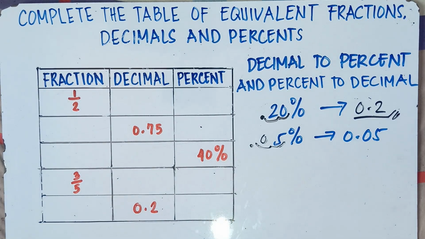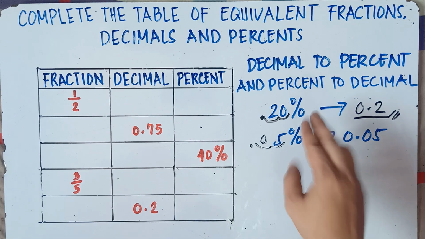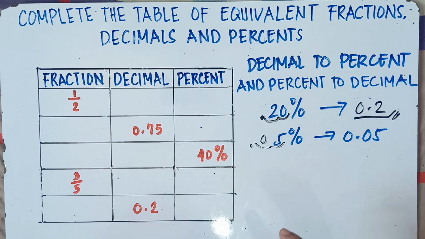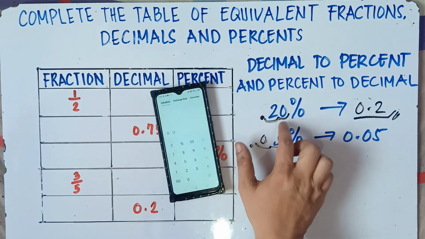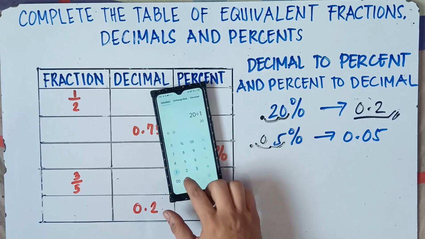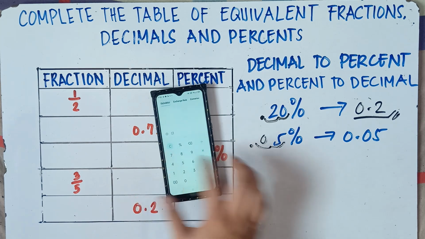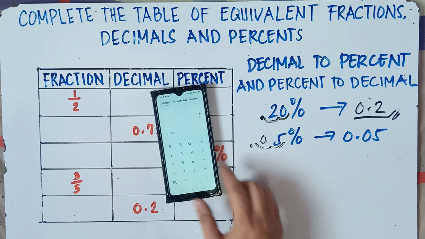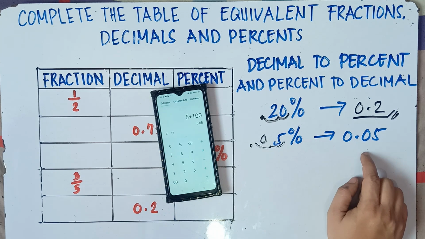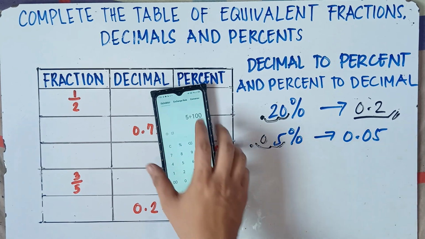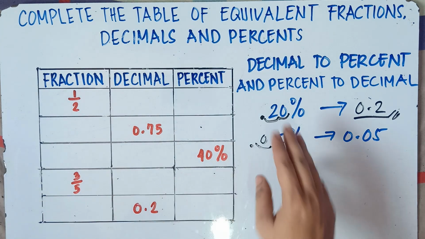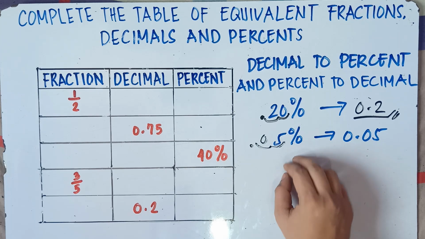If you use your calculator, class, when converting percent to decimal, divide by 100. A while ago, decimal to percent, we multiplied by 100. To convert percent to decimal, you divide it by 100. Example, class, 20 divided by 100, you will get 0.2. Divide by 100, class. 5%, so 5 divided by 100, you will get 0.05. So that's if you want to use your calculator. But for me, class, it's better to move the decimal point right to left twice.